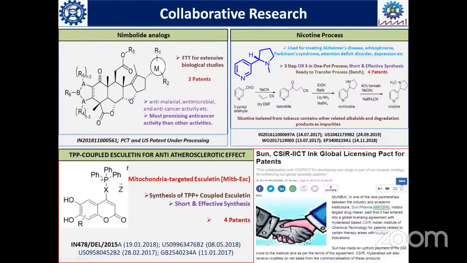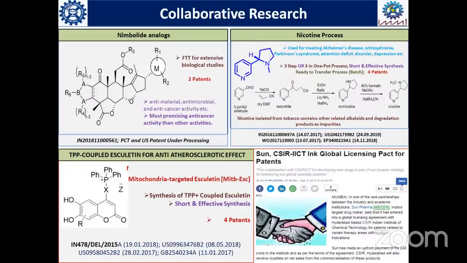And we could license this work to Sun Pharma because it had been protected through patents. Otherwise, we would have published it in Nature or Science or somewhere else. But though we published it there, its future might not have been explored further, right or not? Of course, after making patents, we could also publish them in other journals.